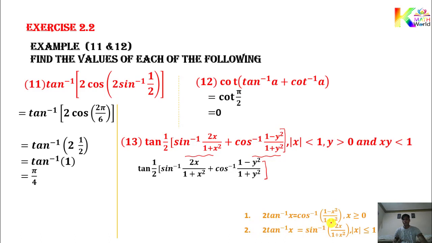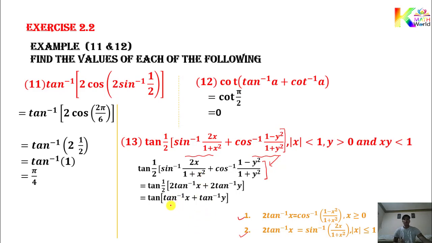In the next step, you can see I am going to use these two formulas here. Cos inverse of 1 minus x square over 1 plus x square. What is the answer? 2 times tan inverse x. Instead of x here, y is there. Same way, sin inverse 2x over 1 plus x square. The direct formula is there. What is the formula? 2 times tan inverse x. So we can use both these formulas here. So we get tan of 1 by 2 times sin inverse twice x over 1 plus x square replaced by 2 times tan inverse x. Same way, this one is replaced by 2 times tan inverse y. Okay, so you get 2 common, and that 2 cancels with this 1 by 2. So you get tan of tan inverse x plus tan inverse y.